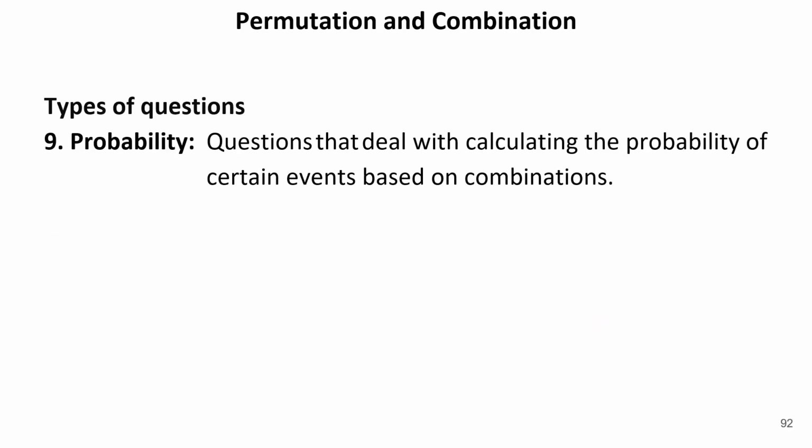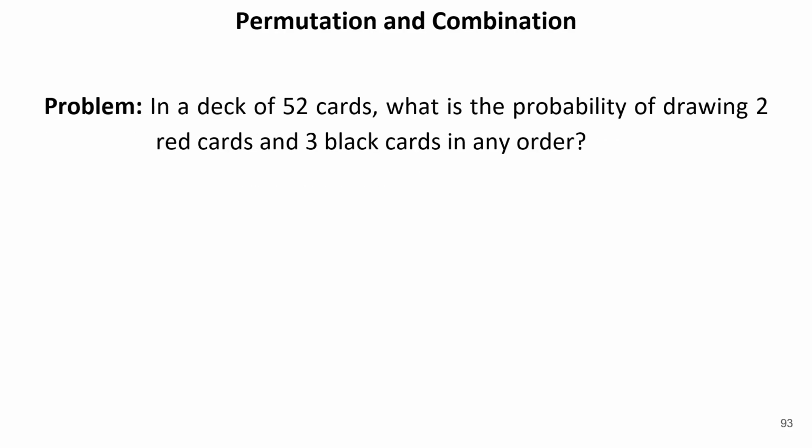So let's try to see question number 9, or the type of question number 9. These are questions that deal with calculating the probability of certain events based on combinations. In a deck of 52 cards, we want to calculate the probability of drawing 2 red cards and 3 black cards in any order. So the sample space will be